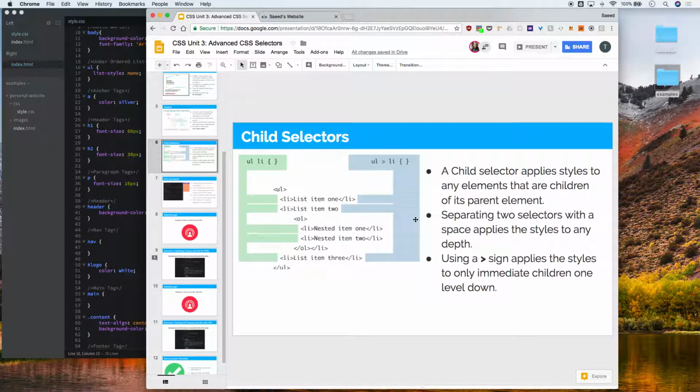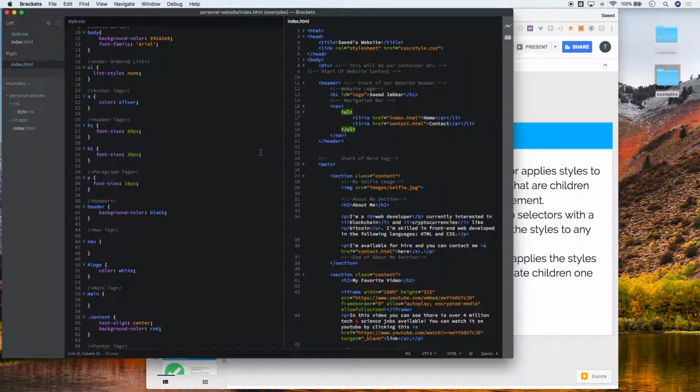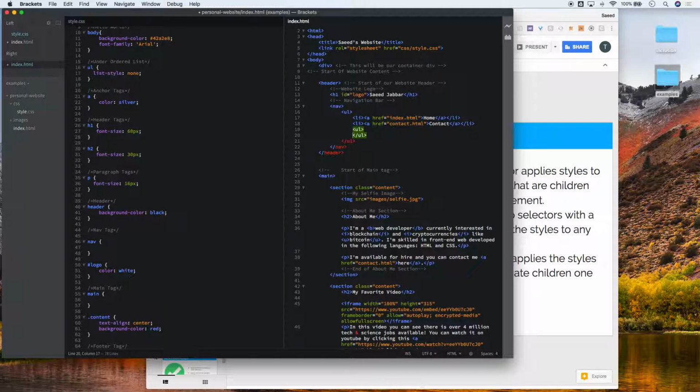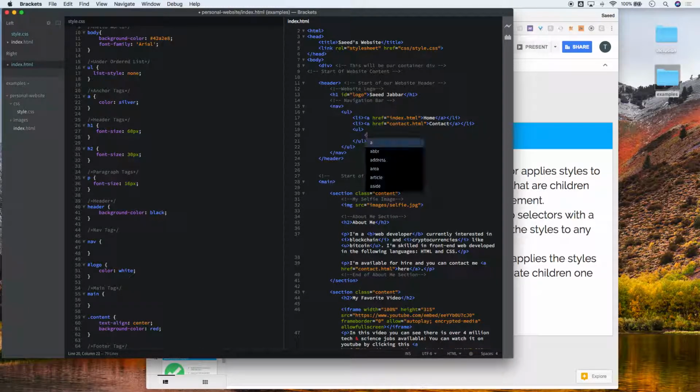There's another thing called a child combinator in CSS. You don't have to know what this is, but this is what this more than sign is. UL, LI, and the more than sign in between. And this will only apply styles to the first level of our CSS. So for example, if we had more UL and more LI elements in here,